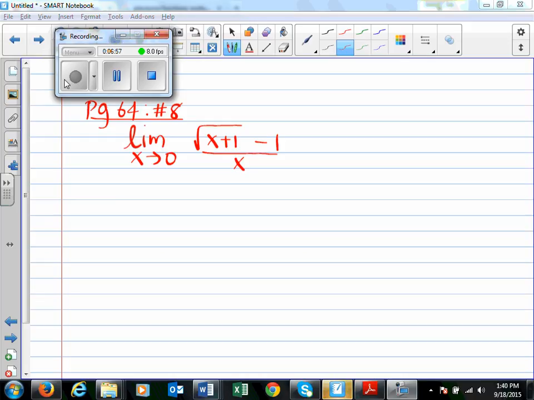So before we go on to solving this problem, I'm showing you the longer way to solve this problem. There is a shortcut also. But unless you know the long way, you will not be able to get to the shortcut. So let's first understand the long way. Can we start to apply the limit directly? What happens when we apply the limit? Yes, Sophia? We get the square root of 1 minus 1 over